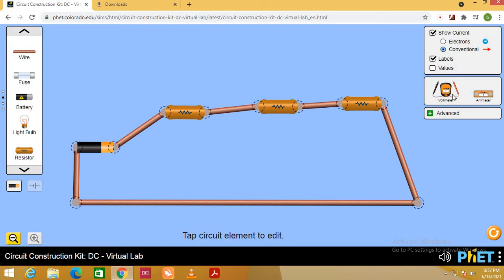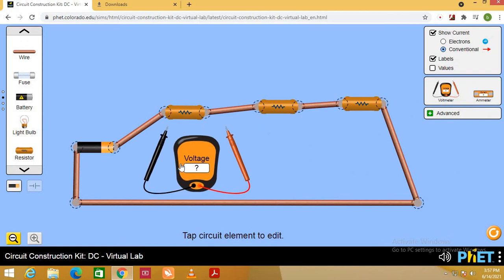Now I want to measure the voltage across the individual elements. So what is the KVL law? The algebraic sum of the EMF in a closed circuit is 0, or drop in potential is equal to rise in potential.